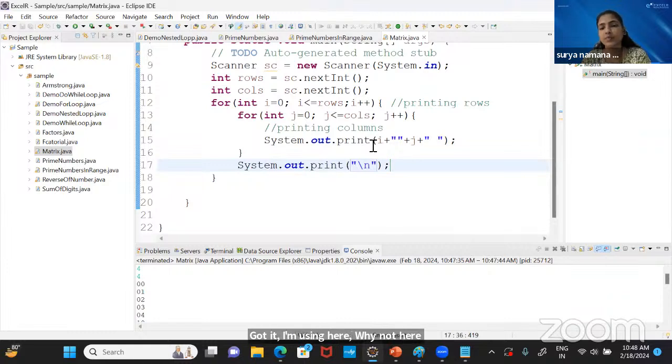Is it clear? If it is println, it will print the output and enter into a new line. So we want all the first row values in the first row itself. Why insert plus SOP? Because if it is a string concatenation,